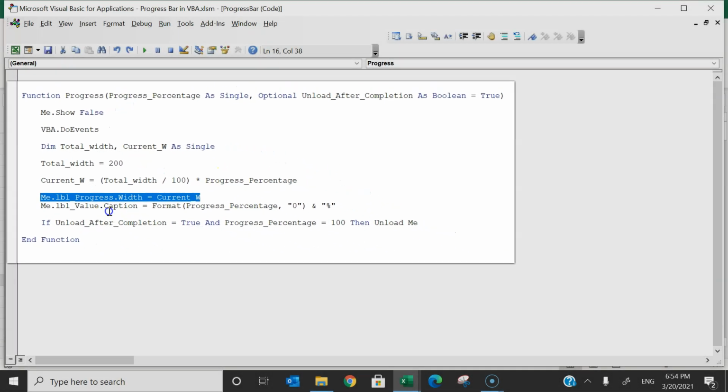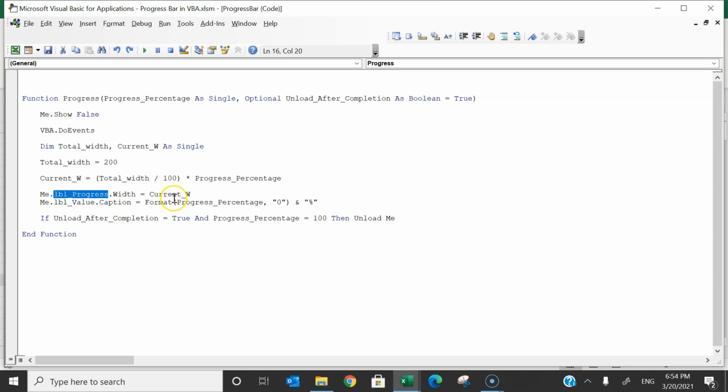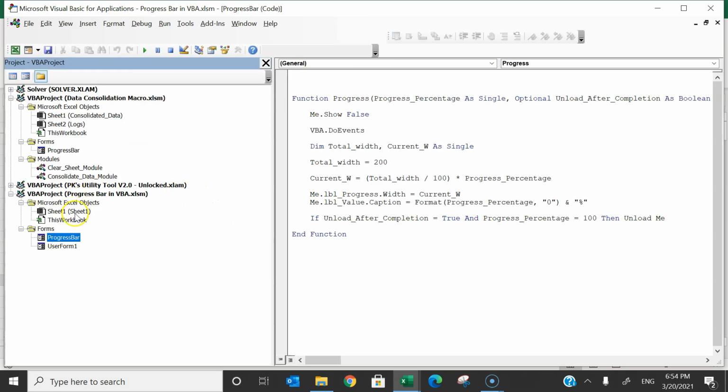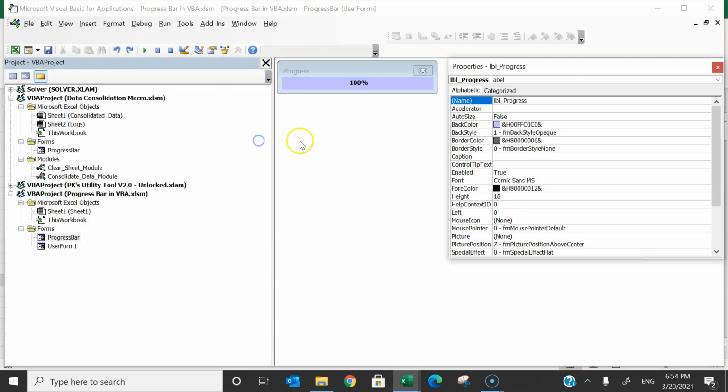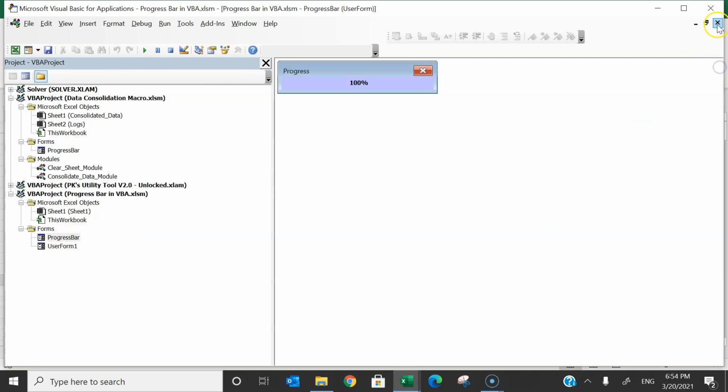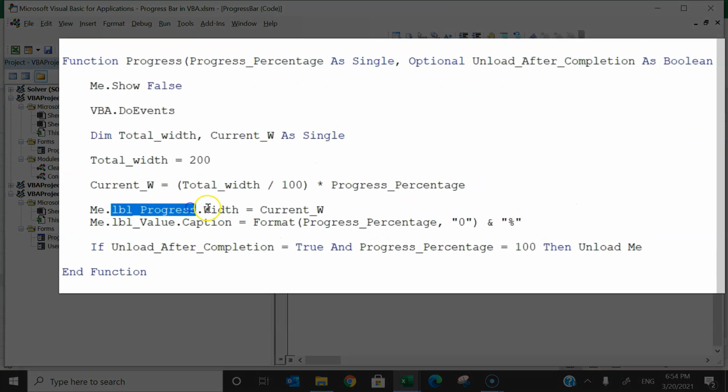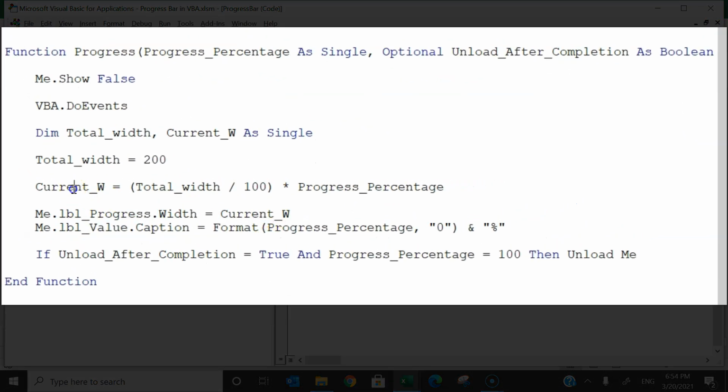Now here you can see I am putting me.lbl progress. So lbl progress is background label. Right click, go to the properties. This is lbl progress. Alright. So here I am taking lbl progress.width equal to current width, this one. And then lbl value label wherein we will display the percentage dot caption equal to, and we are putting here format as 0, and then we are putting the percentage sign also.